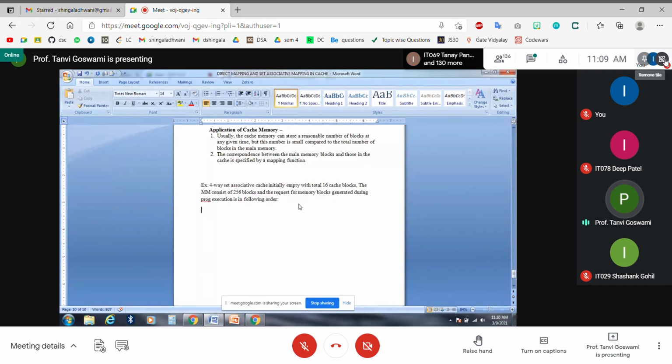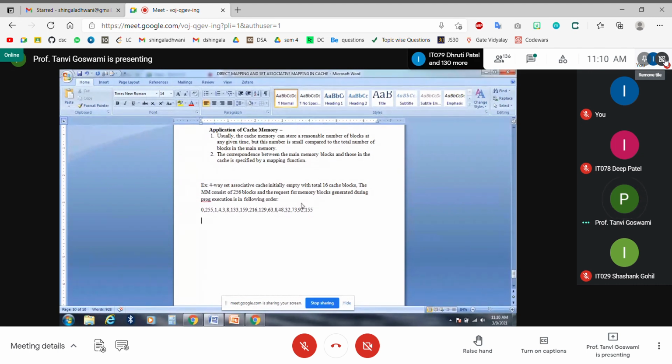So now the order in which the block requests arrive in the system is 0, 255, 1, 4, 3, 8, 133, 159, 216, 129, 63, 8, 48, 32, 73, 92, and 155. So these are the block requests. These blocks we need to bring from main memory to the cache memory.